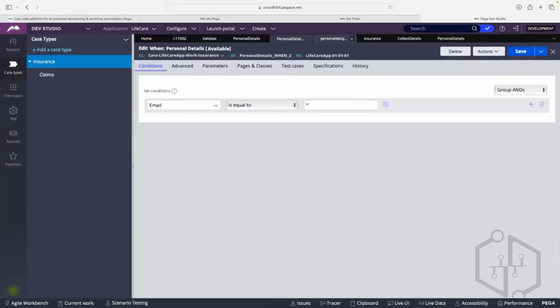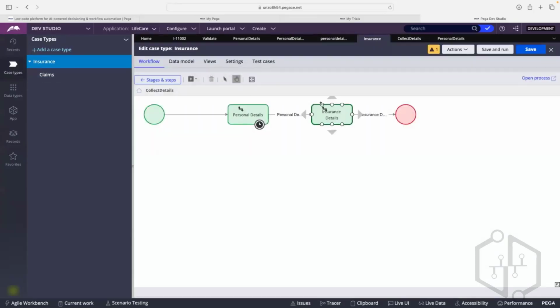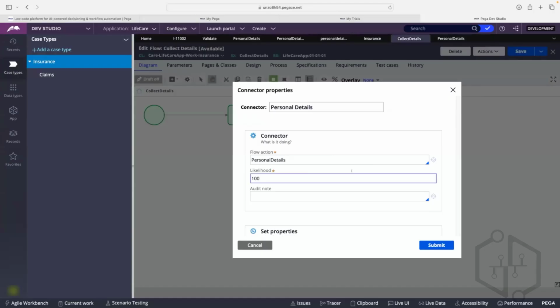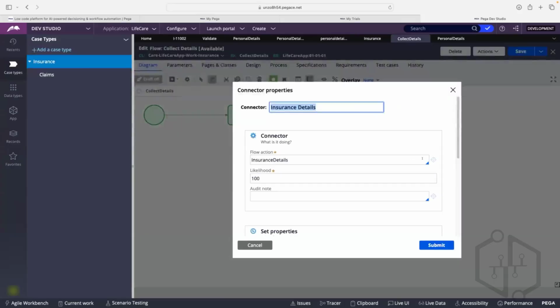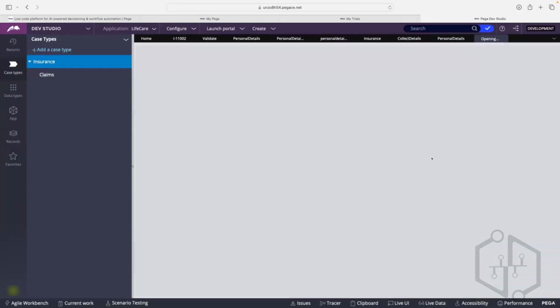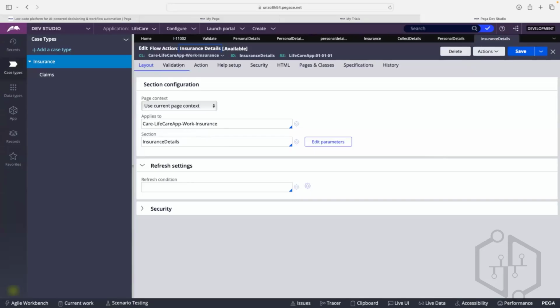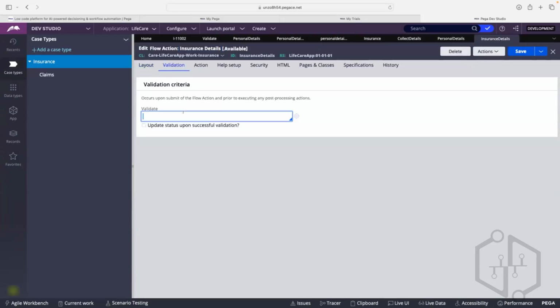But suppose you want to create a new validate rule for insurance detail. Okay. This time I'm not using anything out of the box. I'm going to create it. So personal detail is the flow action. This time we'll go for the insurance details. Insurance detail flow action I'll open. I'll go to the validation rule. I'll write like